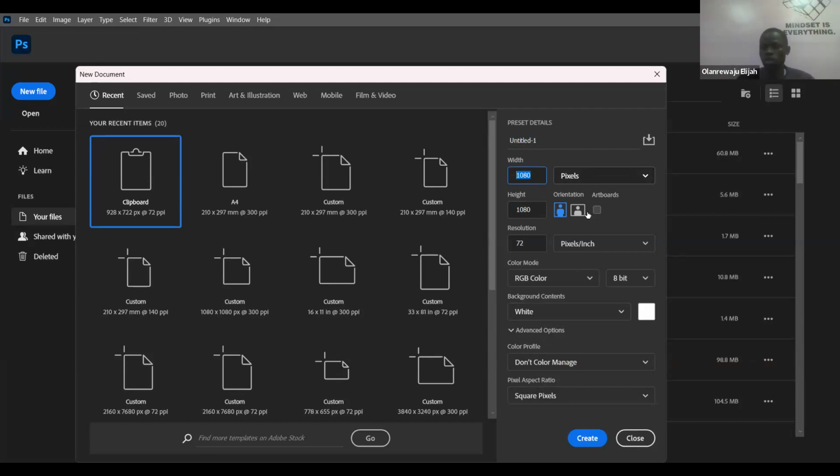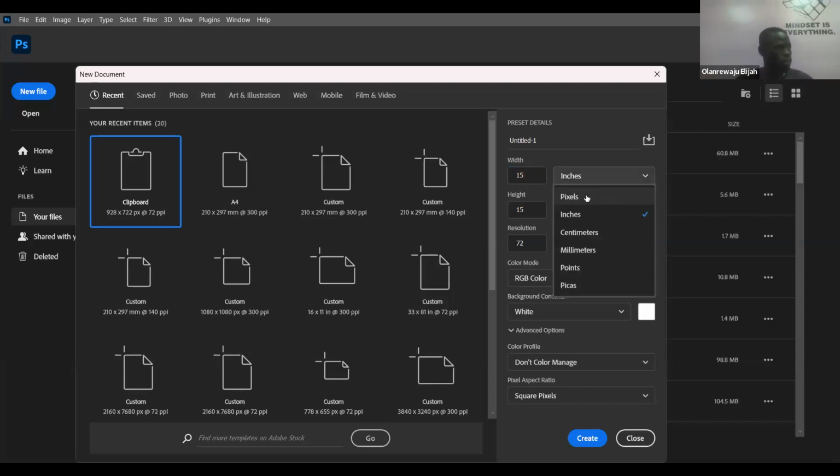I change this to inches, so I will not start converting from pixels to inches. Most of the time, when you search online for the size of a roll-up banner, they are going to give you inches. So it makes sense that you just come here and change the dimension to inches instead of converting from pixels to inches. That's why it's important.